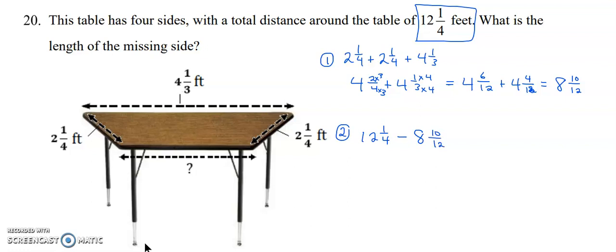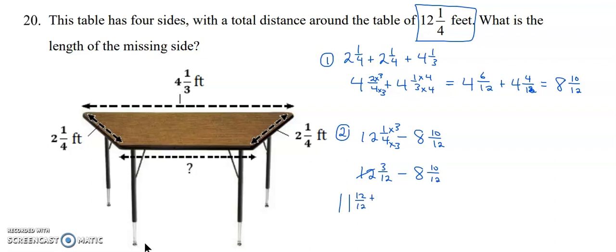First up, I need to make the common denominator, which is 12, so I only have to change the first fraction. So that's going to become 12 3/12 minus 8 10/12. But that won't work well because I need to have a larger number to subtract the 10. So I'm going to borrow. So I'm going to borrow 1 from the 12. That will give me 11